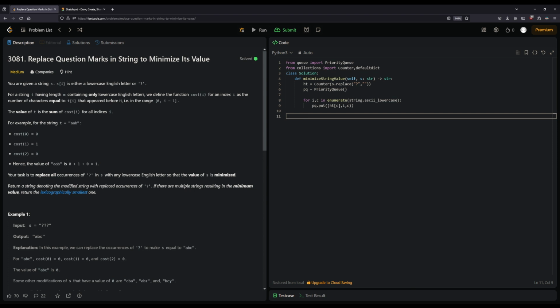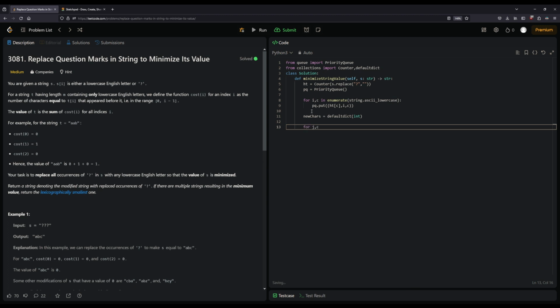Now I need to think about how many times I'm going to add each of these characters, and how do I maintain a store of that? I'm going to initialize a default dictionary that I can just increment. So new_chars, the characters I want to put on, is equal to defaultdict of int, so it starts at 0. And now let's go through our string and figure out where the question marks are and what characters we want to insert. So for j, c, I'm using j because I used i up here before, and I want to pull out i later, in enumerate